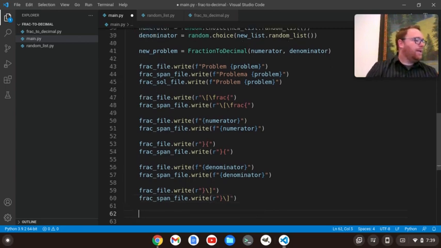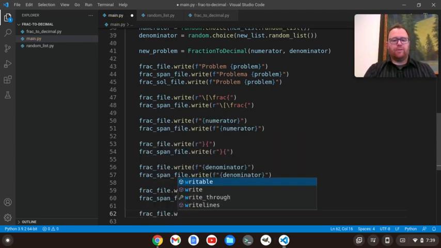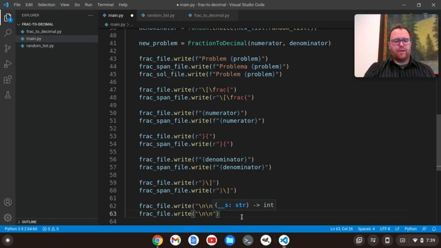Okay. And I want to do some line formatting. So I'm going to take this fraction file, and we're going to write just basically a \n\n. I want to do that for the Spanish file as well. Okay,